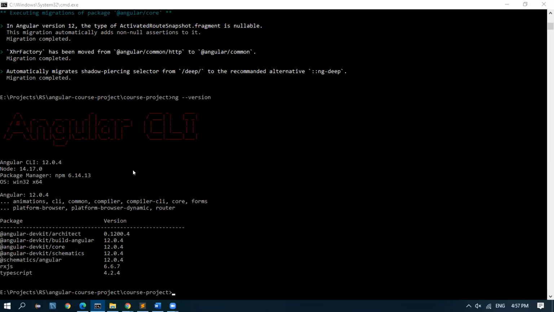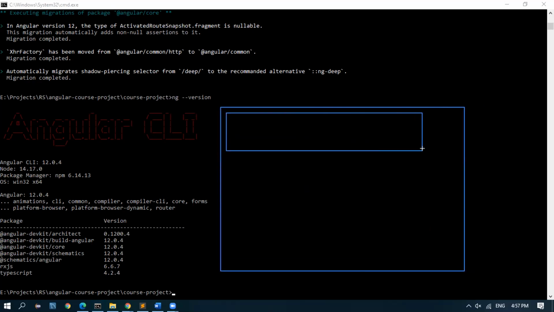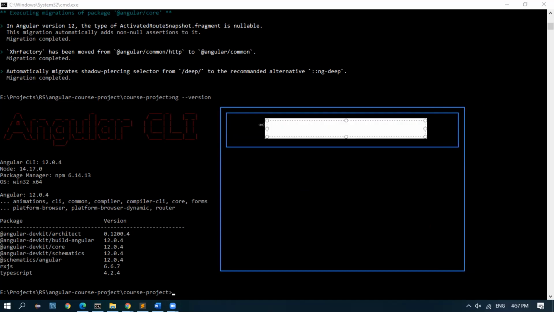Okay. So the way it works is, see, if this is our computer, when you do ng install globally, it will install the Angular packages. This is called global Angular.